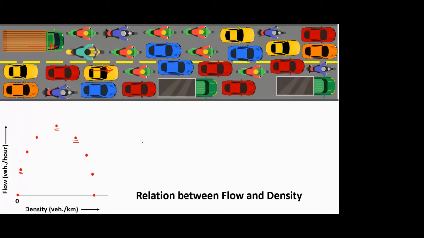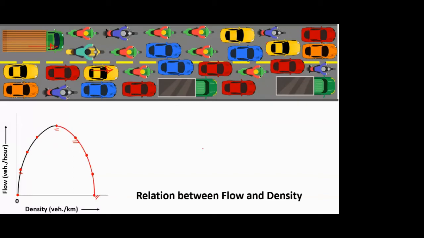There is no vehicle moving, so the speed has dropped to 0. So obviously, if the speed has dropped to 0, that means not a single vehicle is passing through the road stretch, so that's why the flow value has come down to 0, and the density has reached a maximum value over here. Okay. So no more vehicles can be accommodated now.